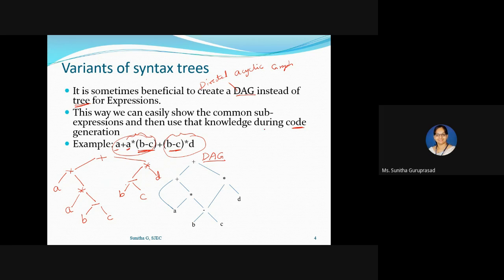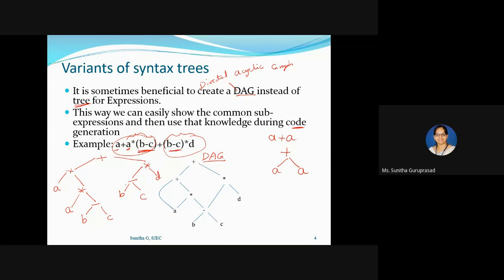Before I go to the DAG, suppose I take one simple example, an expression like a plus a. You can see a is repeating twice. If I use a normal syntax tree, I draw it like this: a plus a.